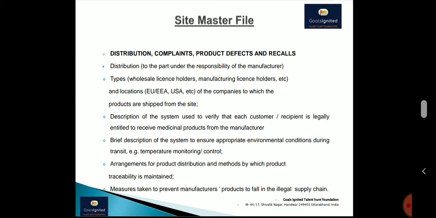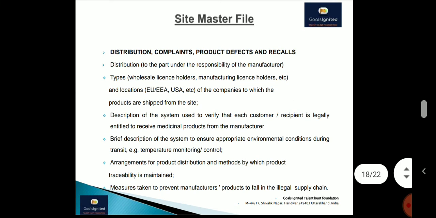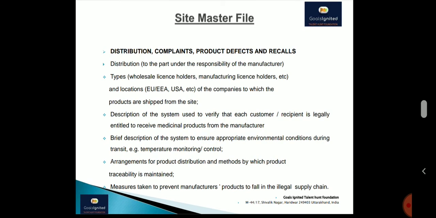You are also required to list your different locations which are USFDA approved or EU GMP approved or under some other regulations. Whatever regulations you have for different sites, you may take reference of these locations too. The arrangement of product distribution, everything you have to mention there. Then the self inspection, that is the internal inspection, basically internal audit we may say.